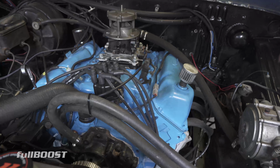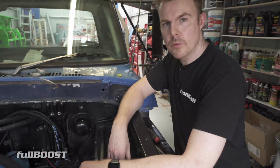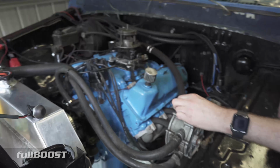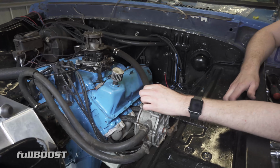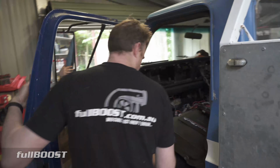We can see by the wideband that it runs filthy rich too. I think there was like 11.5 to 1 at idle. Engine bay's looking a lot better than it was, eh? Yeah, it's amazing. Forget how bad it was. It still looks like a bit of a mess because of all these wires. So yeah, the next part is